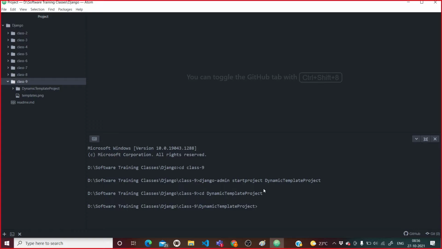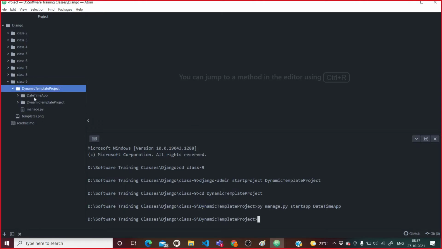I will say py manage.py startapp, and after that datetimeapp. Like this I have written. So it created an application called datetimeapp.